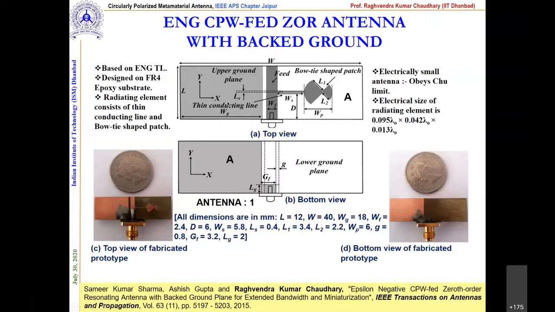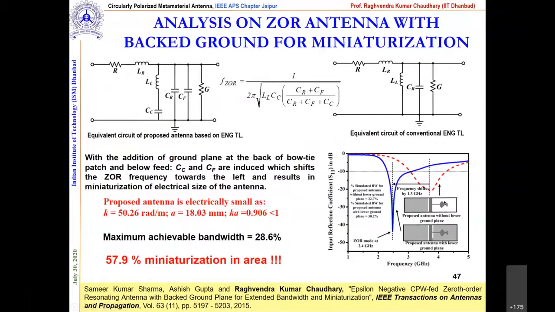I'll show you. If you see this graph, particularly this red dotted curve is for the first structure, when we don't have the lower ground plane. And as soon as we incorporated the ground plane,